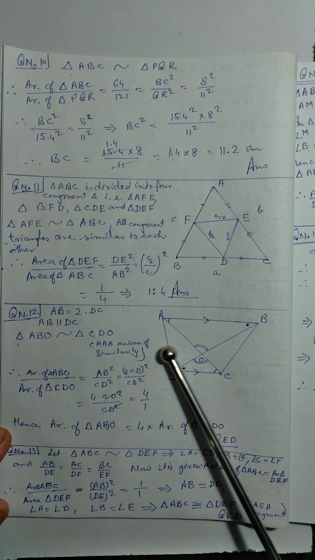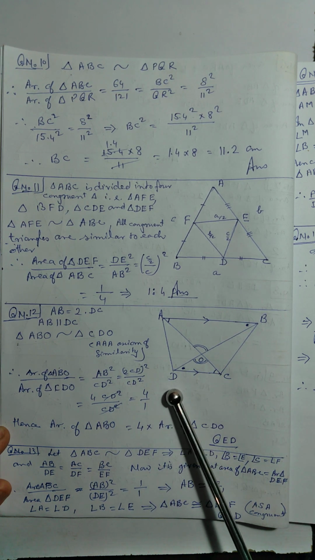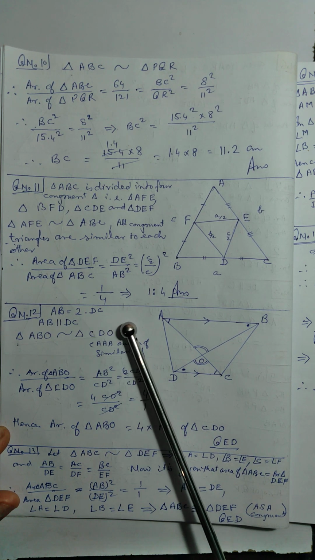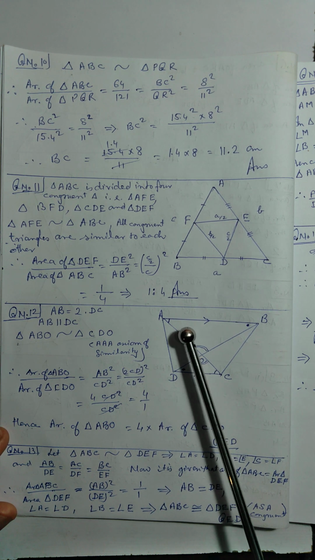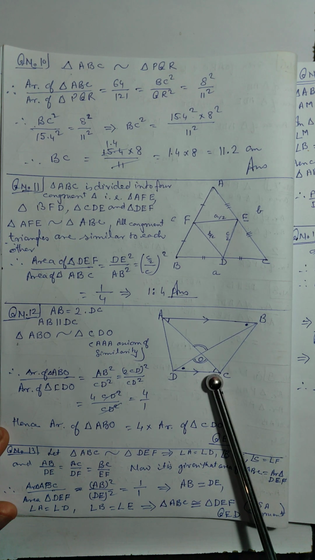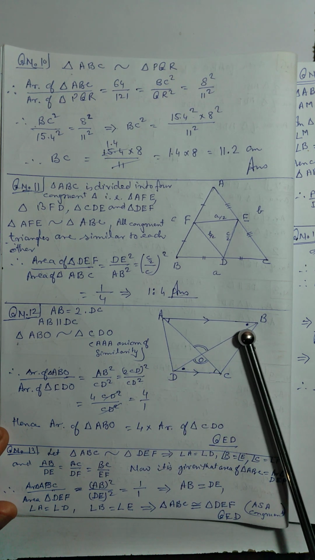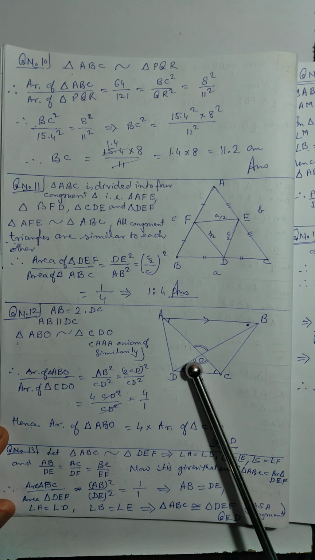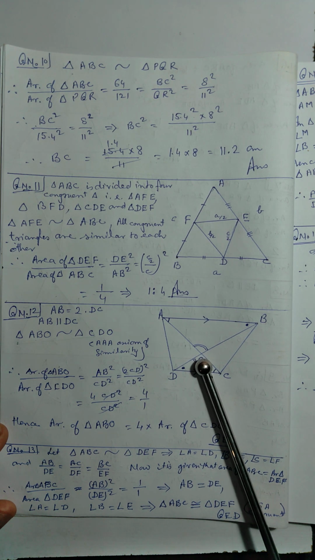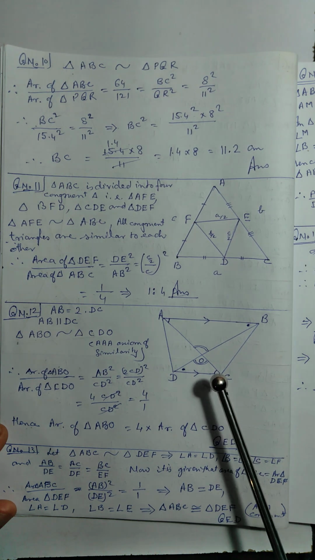देखिए क्वेश्चन नंबर 12 में, this ABCD is a trapezium in which the DC is parallel to AB and the relation AB is equal to twice of DC. Again, angle A is equal to angle C because alternate angles. Angle D is equal to angle B, which has been represented by dot. So these are the equal angles and these are vertically opposite angles. So by angle criteria, these two triangles, means AOB, similarly, the COD,